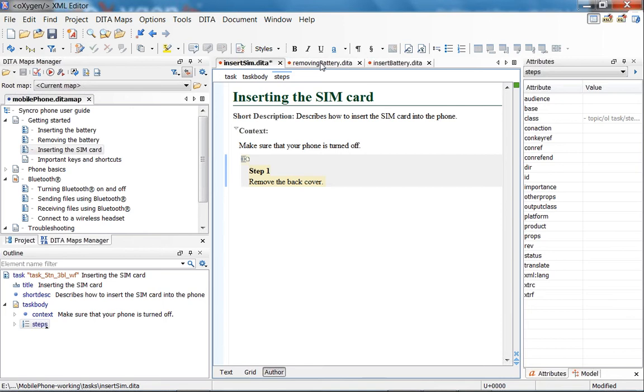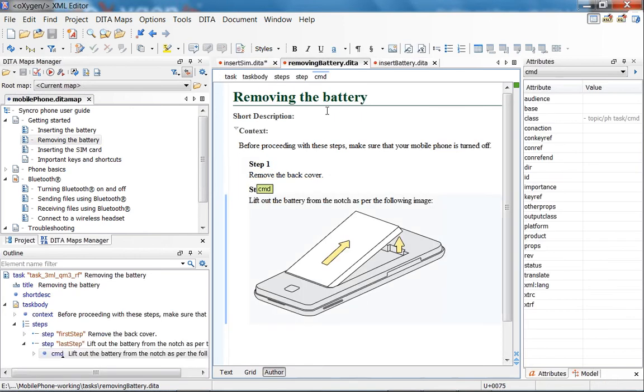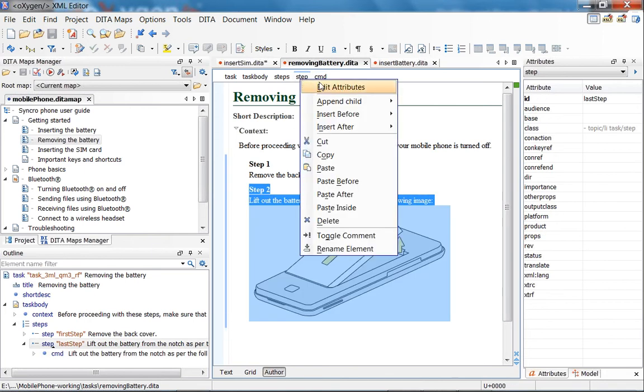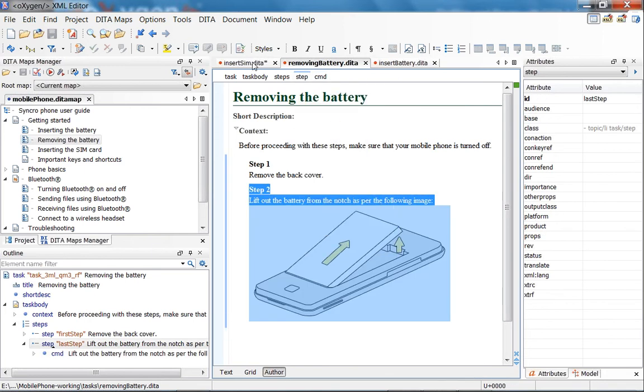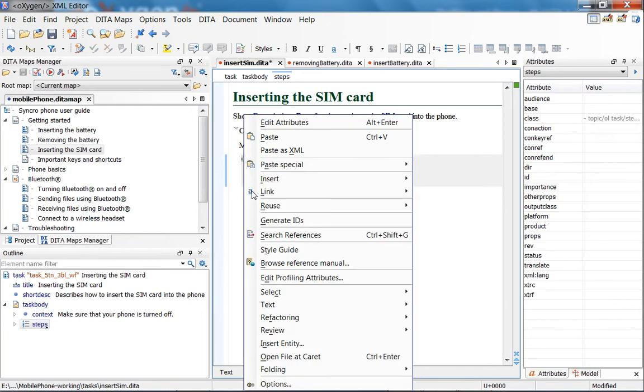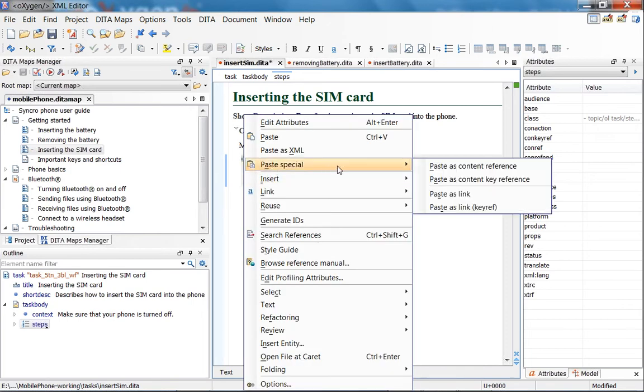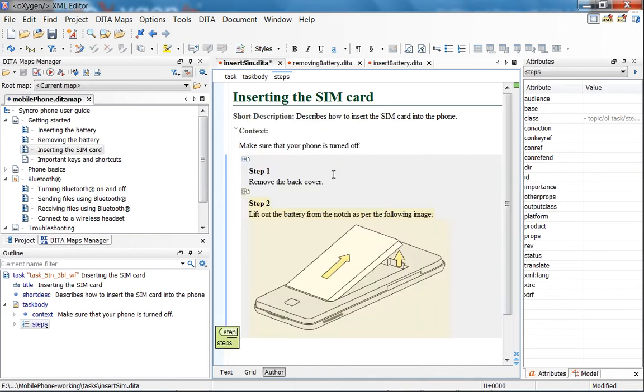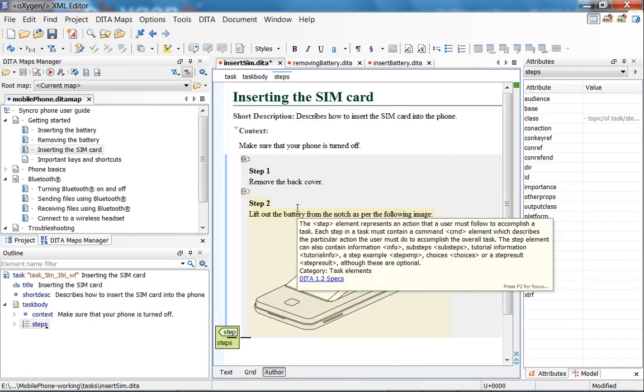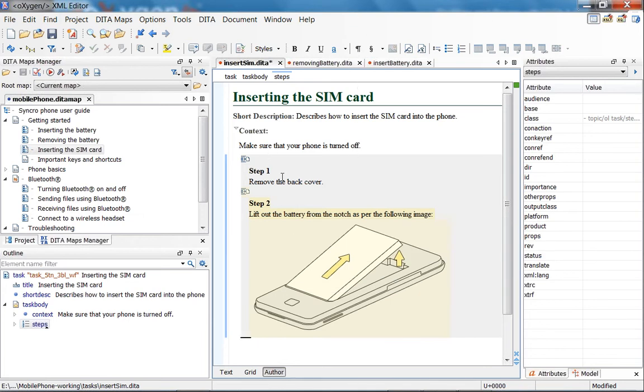Another thing that you could do is go into the remove battery task and copy the step, and then just use this paste special action and paste it as a content reference. That's also an interesting way to insert content references in oXygen. Now I have these two steps here, but a situation that could arise if you're using content references like so